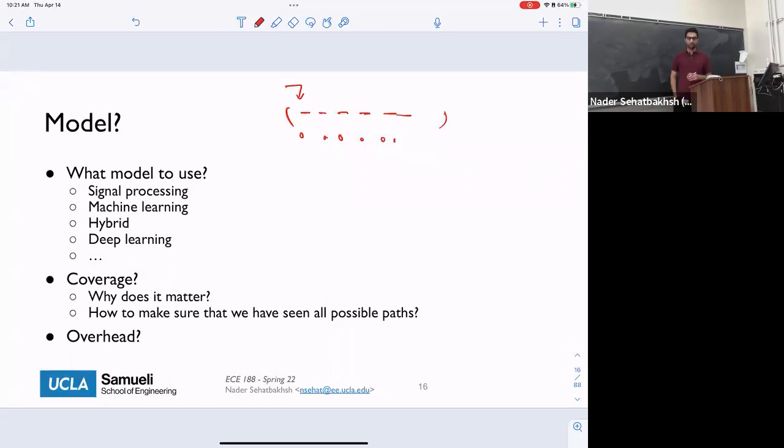So there are methods mainly developed there. Early on, it was at the signal processing level, but these days it's mainly machine learning, deep learning, and neural networks, where the idea is you build a model based on these features and label it as malicious or not malicious. Then during the actual execution time, we get another set of features and feed it to your network, and the network will say whether this is malicious.